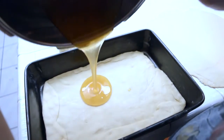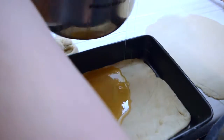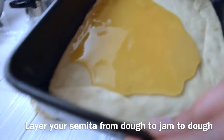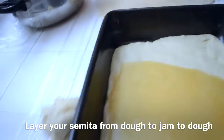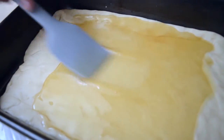You'll be greasing a pan, and in this pan you'll be putting the first layer, the bottom layer of the dough, and then from there you'll be adding on your pineapple jam, pineapple syrup, whatever. Next time I make this, I'm going to be adding in chunks of pineapple, but I just have this really delicious pineapple syrup made out of pineapple juice, and this will be my filling, the best part of the Pan